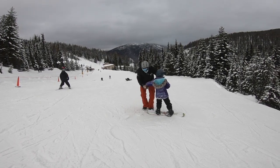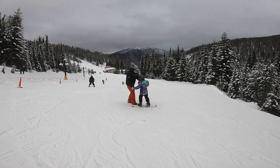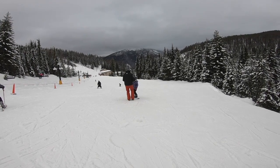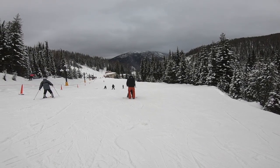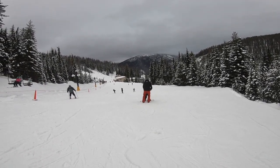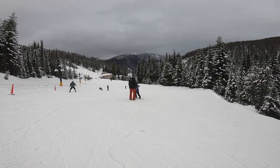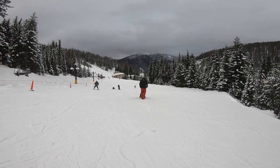This is actually Izzy's first day riding, and you will see that she has an overall pretty good position. Nice movement of the knees, pressing down over the toes, and she doesn't stick her butt out, as a couple of people going by here will do in a minute or two. Or there was another clip where a girl goes by and she's all kind of bent body. Izzy is bending at the ankles and the knees and doing a great job. Very first day